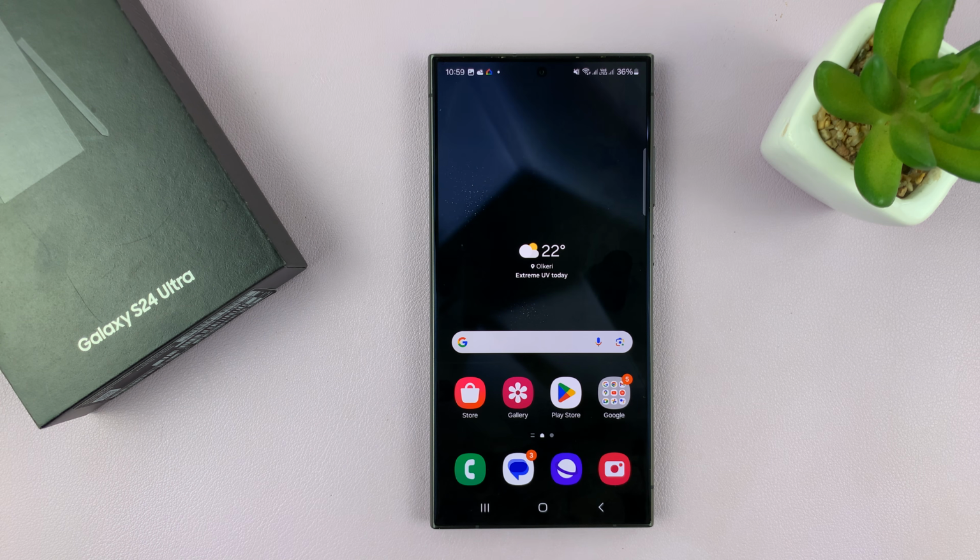So I'll be showing you how to unhide or how to show your caller ID on a Samsung Galaxy S24. I'm using the Ultra, but this works on all the Galaxy S24s. So go to the phone app